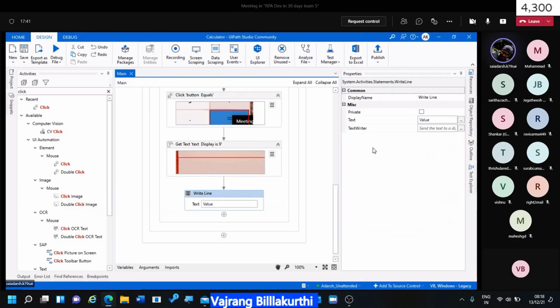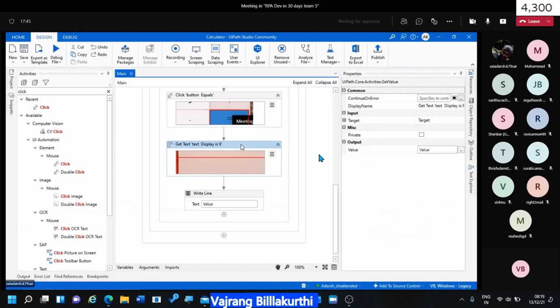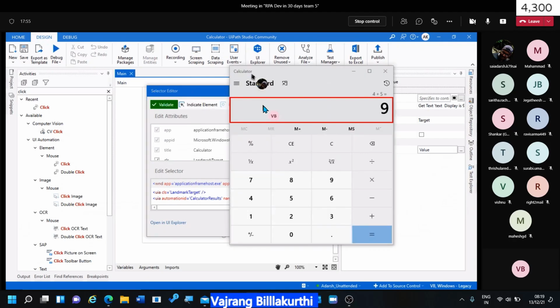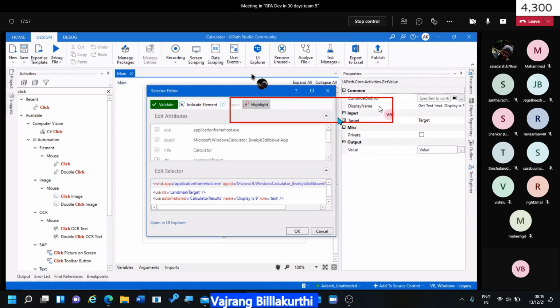Why is it not displaying? So for that to display, you just need to select edit selector, highlight. So this will select only when there is 9, display is 9.